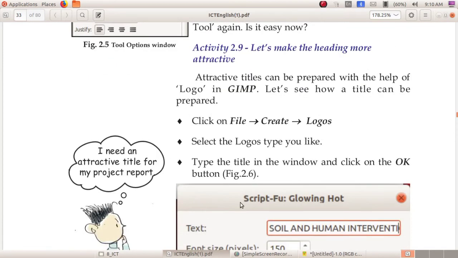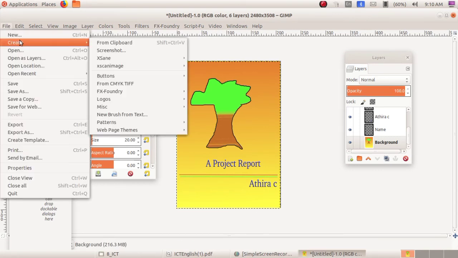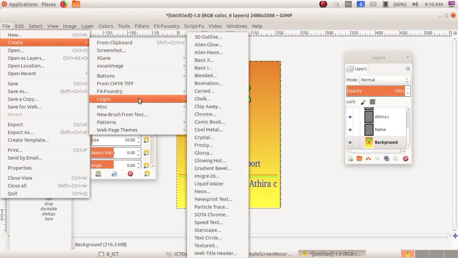Then activity 2.9, let us make the heading more attractive. Okay, how can we make the heading more attractive? Yes, by the use of logos. This is the logos. So to open logos, click on file, select create, then go to logos option.